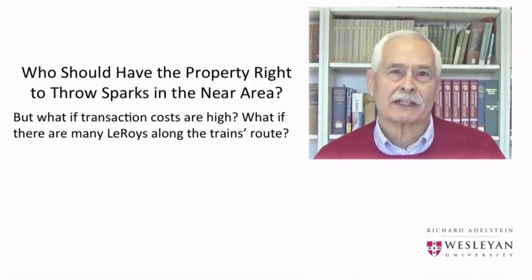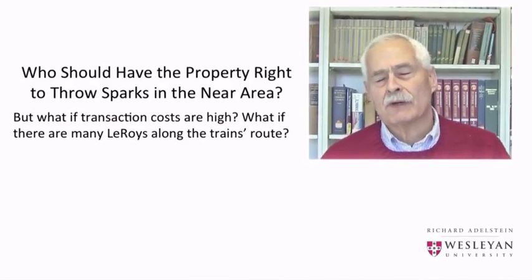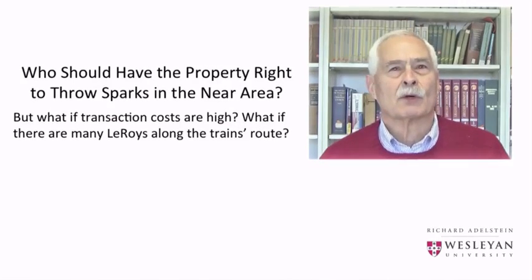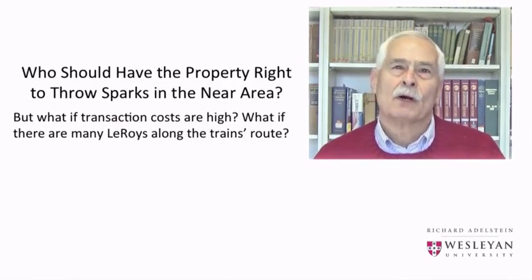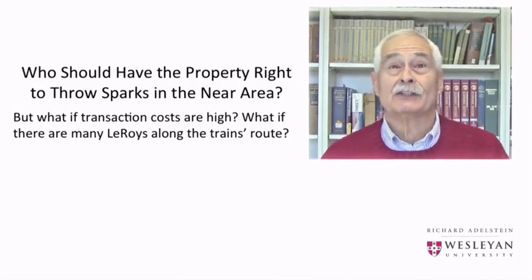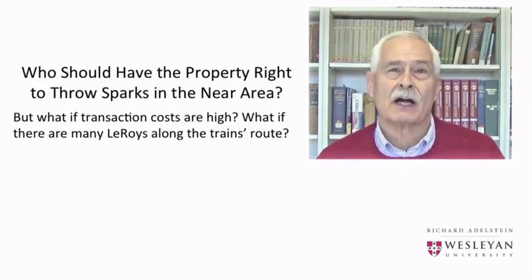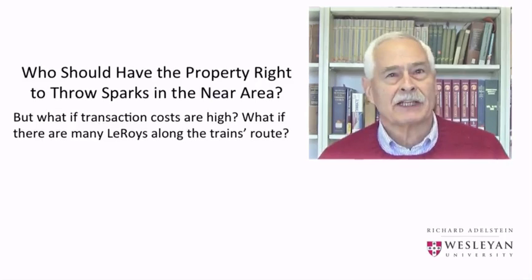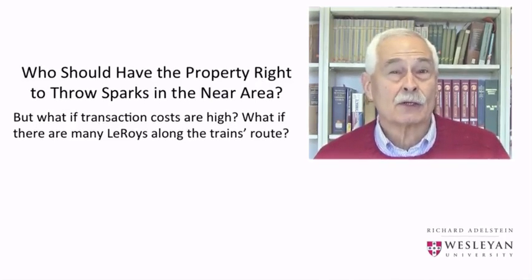But what if transactions costs are high? What if it's not easy for the railroad to bargain with LeRoy? What will happen then? We've seen that the Coase theorem is endangered when transactions costs are high. Here we'll talk about an example that shows what might occur, what might come about in a case of high